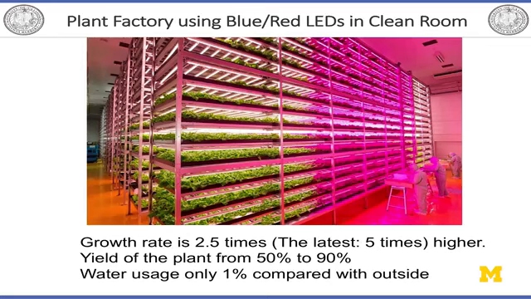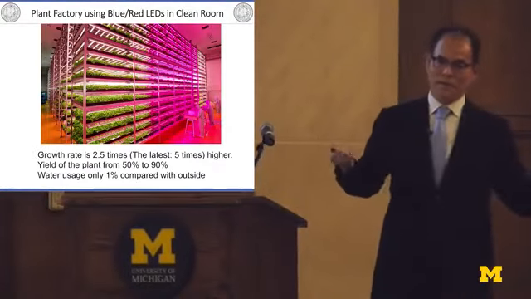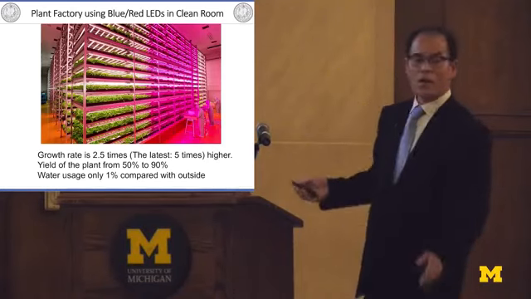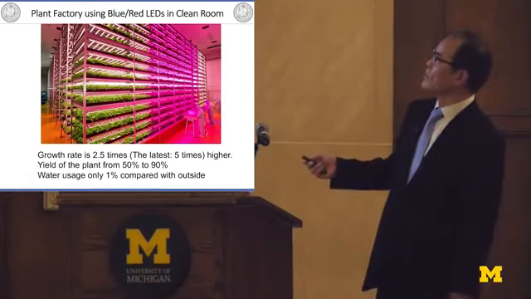So green means the plant color is green, so green is emitted. So we don't need green for plant growth, only blue and red. So in Japan, all of the semiconductor companies collapsed due to Chinese mafia or Korean mafia, I don't know. So all of the clean rooms are now used for plant growth, not all, and